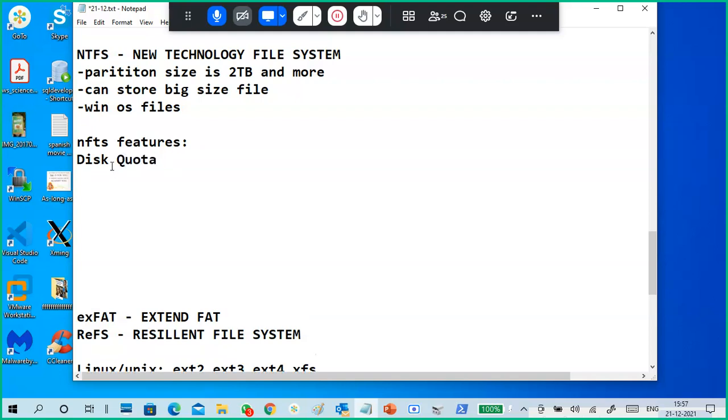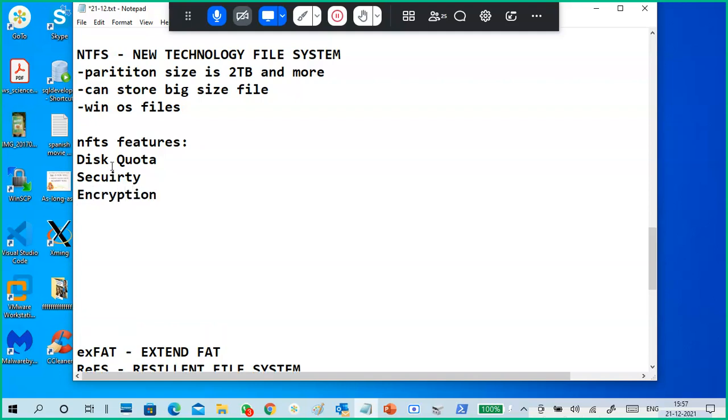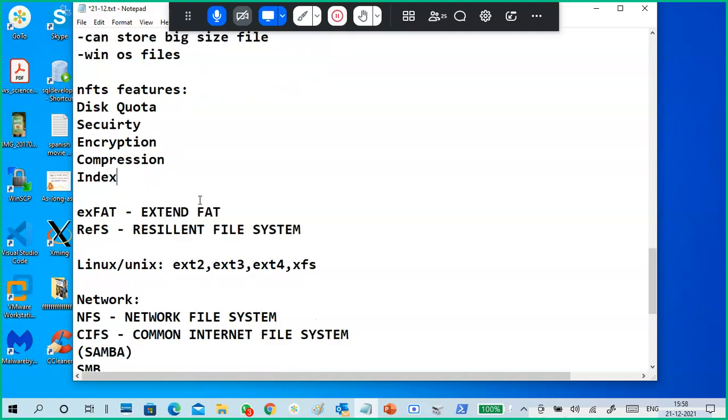The first feature is disk quota, then security, encryption, compression, index. So these are the features of NTFS.